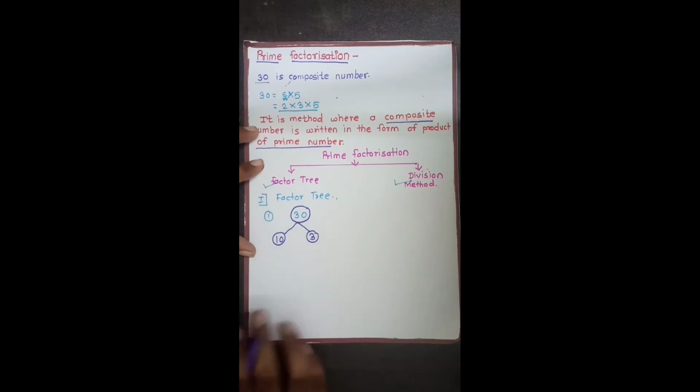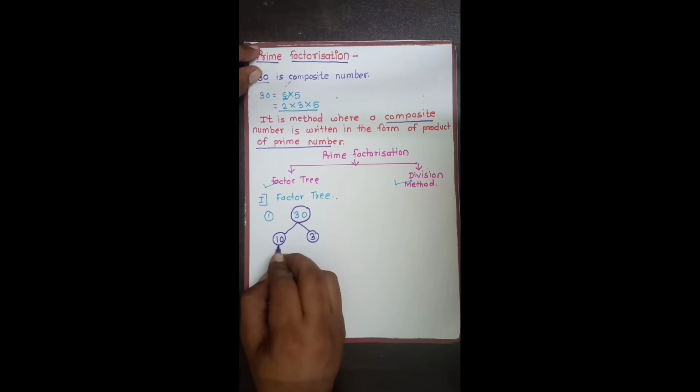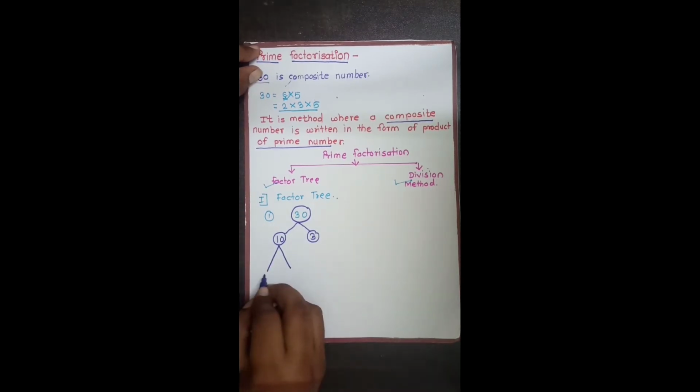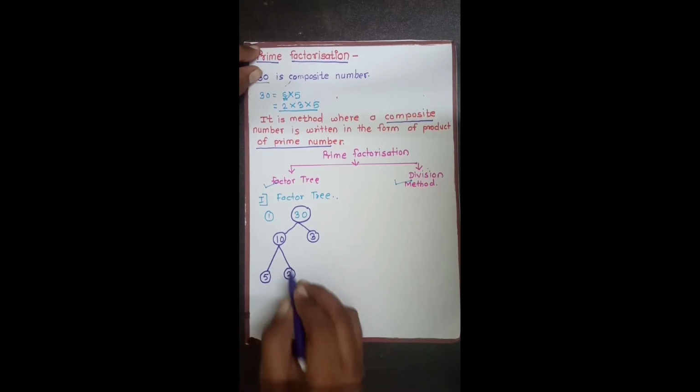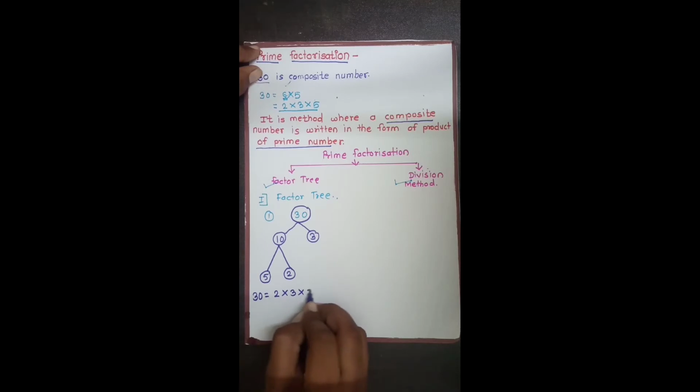बचा कौन? 10 is a composite number. So how can we write 10 again? So again we have to divide 10 in two parts and it will become 5 multiplied by 2. Yes, correct. Now see, whatever prime numbers are there, 5, 2 and 3, this is called the prime factorization of 30, and that we will write as 2 multiplied by 3 multiplied by 5. You can see 2 3s are 6, 6 5s are 30.